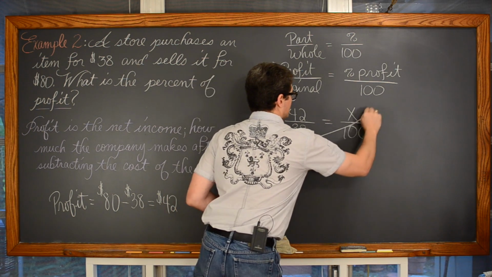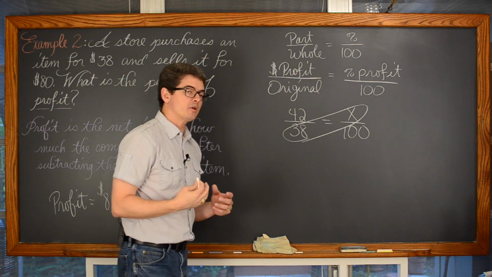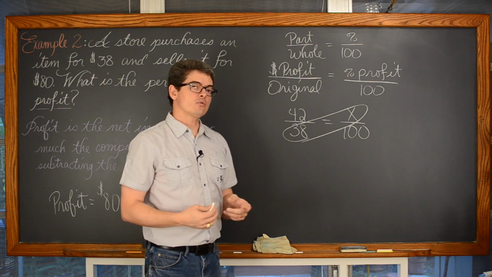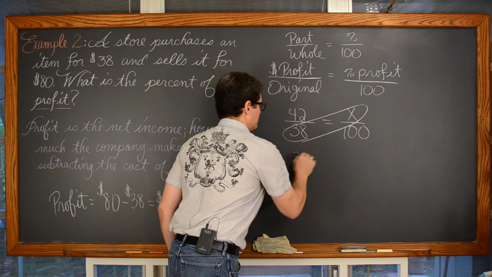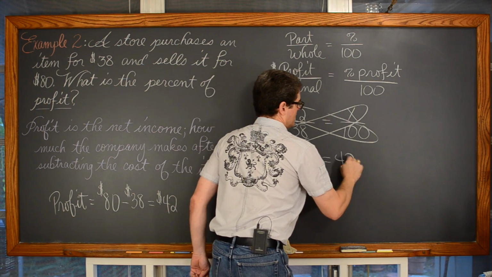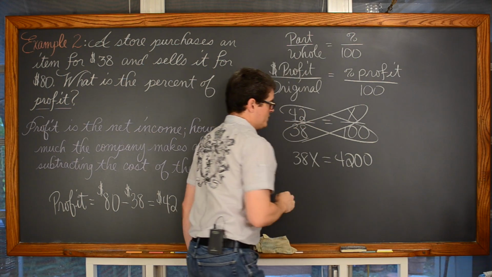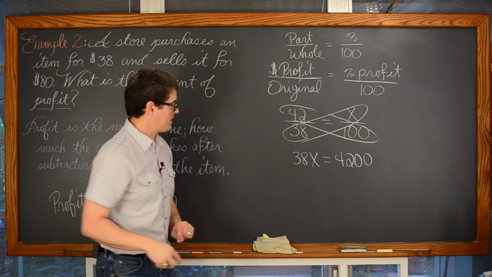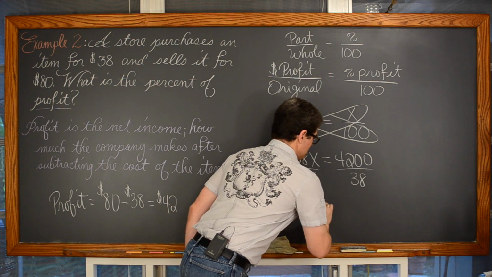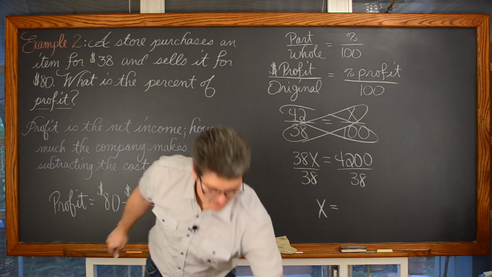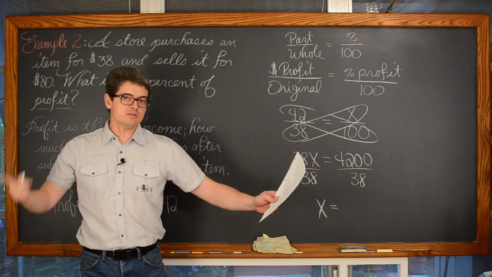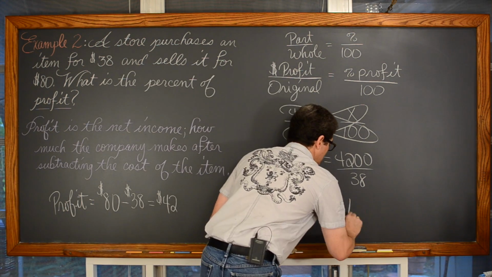I don't care how simple or complicated it looks, you can do it with cross multiplication, with equations anyway, and then do that part that has the variables. So 38x, 42 times 100, of course, is 4200. We're going to undo that multiplication of 38 by dividing by 38. And our final answer, right off the top of my head, not really, 4200 divided by 38 is 110.5.